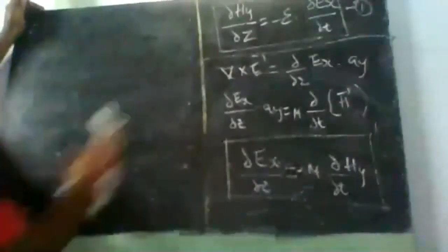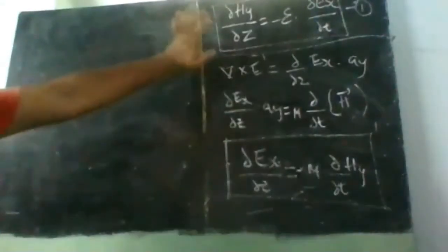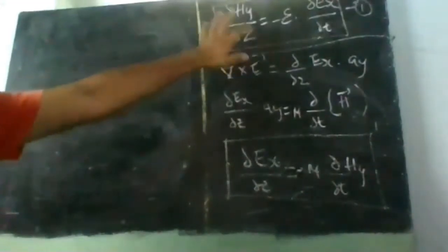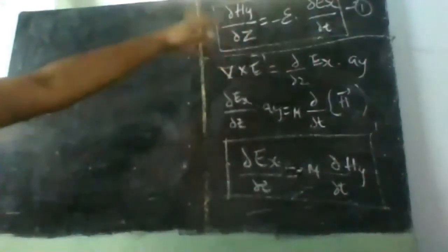So this particular thing can be stopped, or we can also demonstrate the wave nature. We are saying the uniform plane wave. If you are asked to find out the expression for uniform plane wave, then we need to do some more steps. What are the steps? Take this expression and differentiate equation 1 with respect to t.